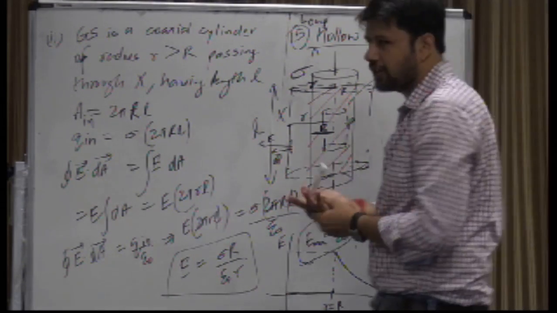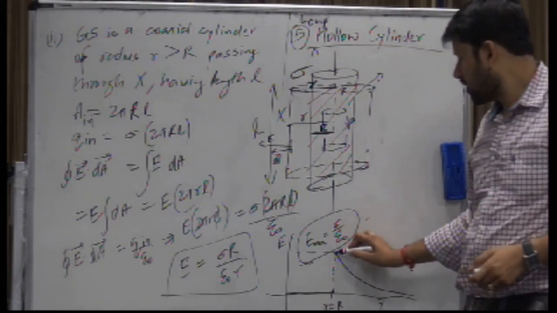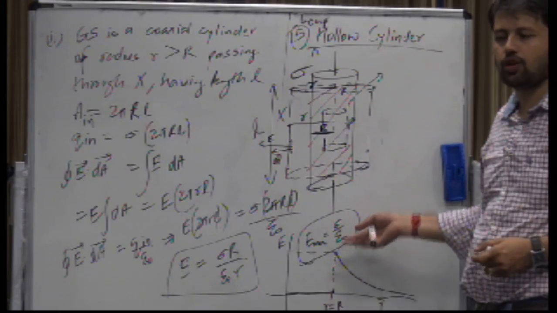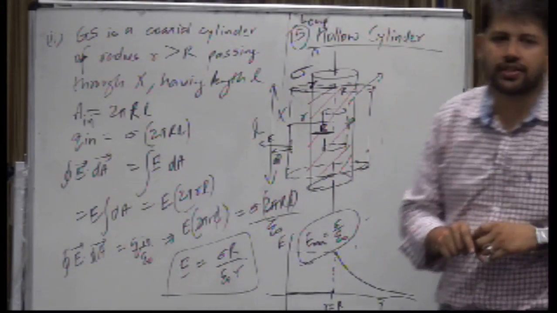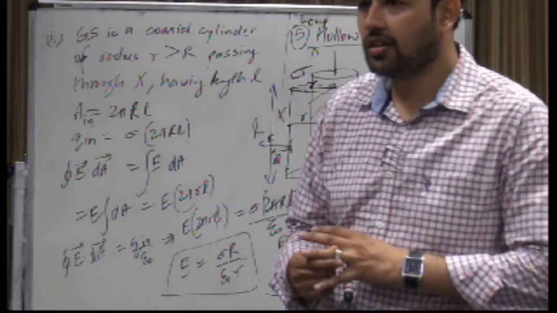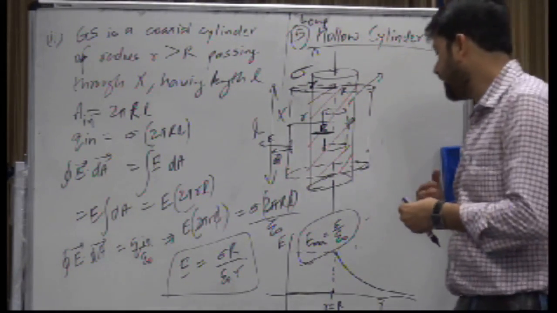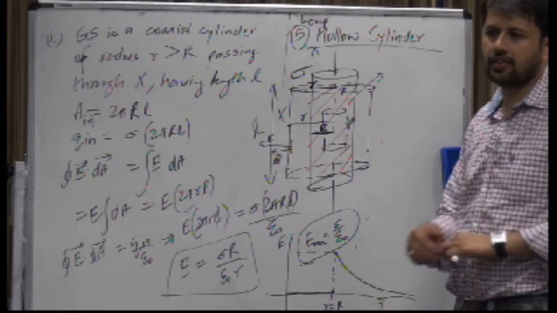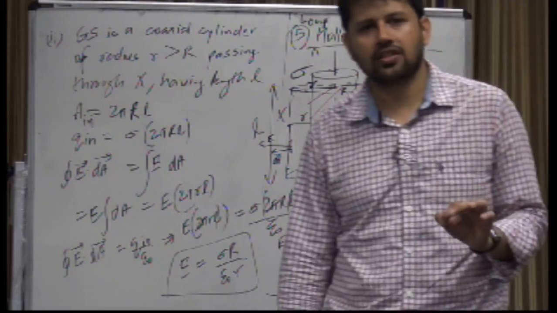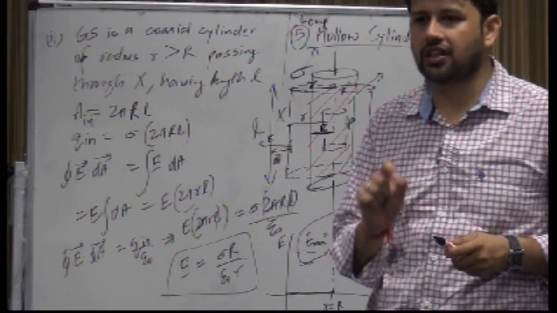So a student here asked that I took E max as sigma by epsilon naught on its own surface. For a point charge we cannot calculate the field at its own position, while for a cylinder we calculated field at its own surface. Why? See, there is a simple clear convention for all the uniform bodies that when you reach surface it